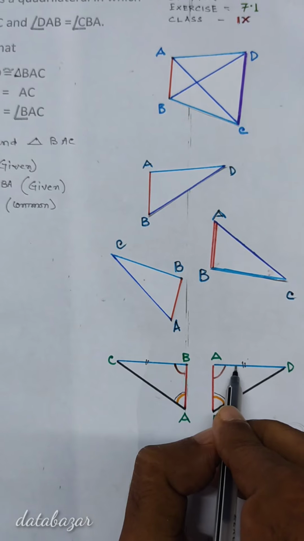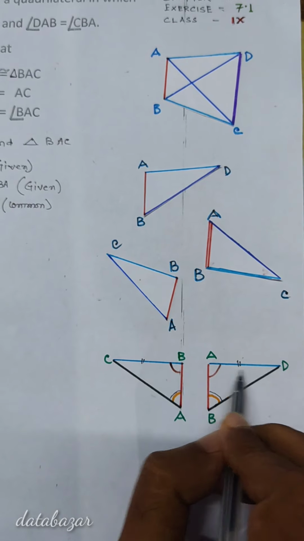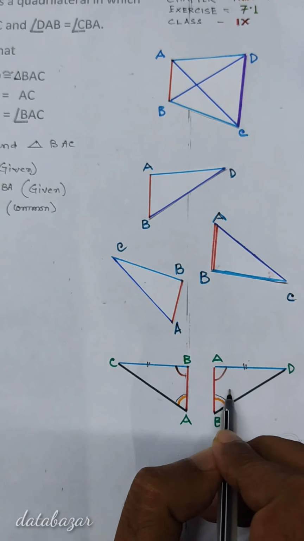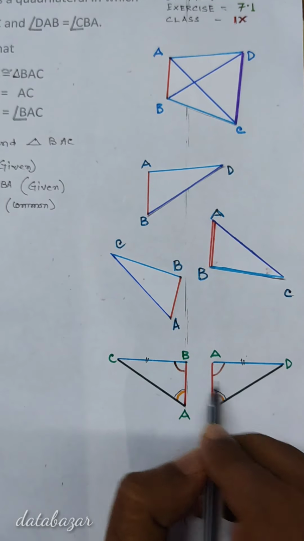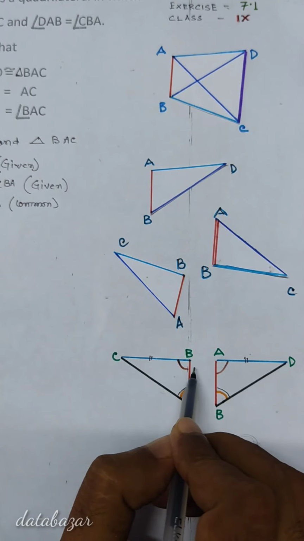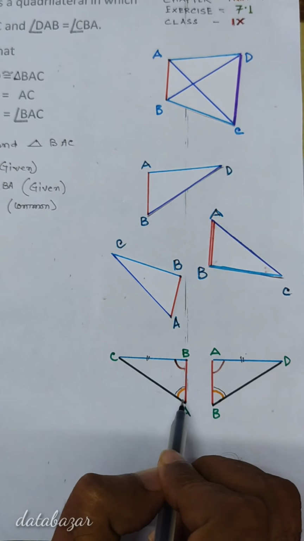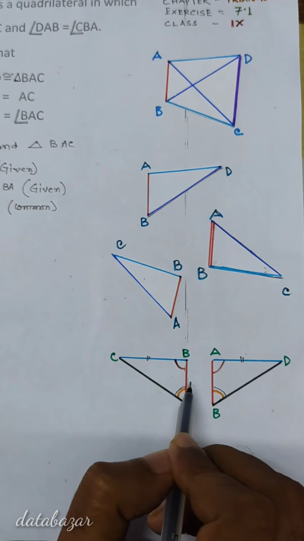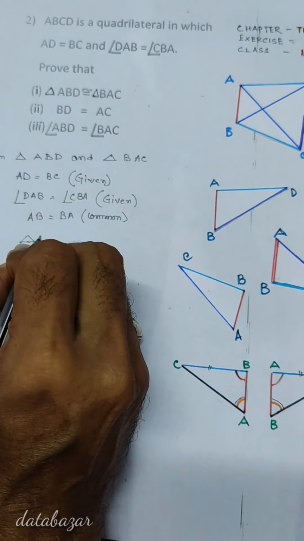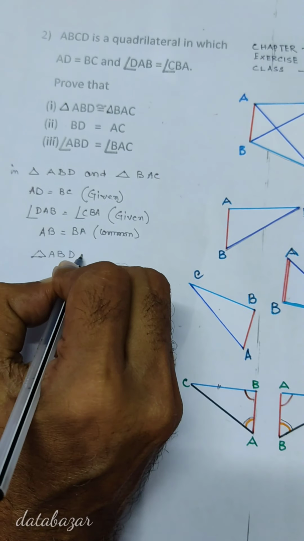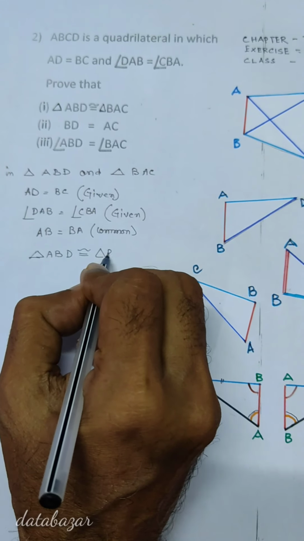Now AD side and AB side and the included angle DAB of the triangle ABD is equal to BC side and BA side and the included angle CBA of the triangle BAC. So we can write triangle ABD is congruent to the triangle BAC